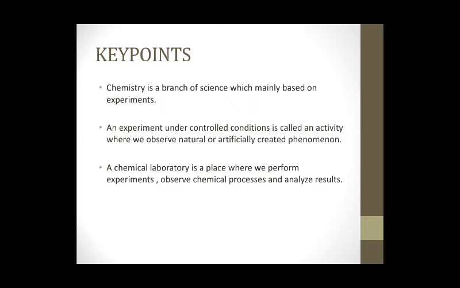Next, to do these experiments in chemistry, we need a place. Now, this place is known as the chemistry laboratory. One should understand the proper way of working in a chemistry lab. You should know the proper use of each tool used here for different experiments. So, in this chapter, we will study the use of different apparatus which we are going to use in different experiments.